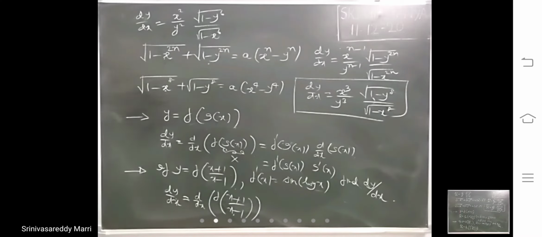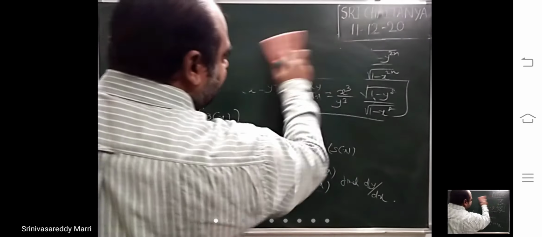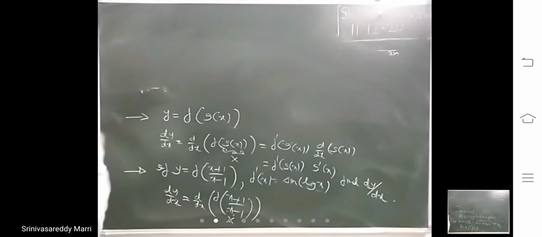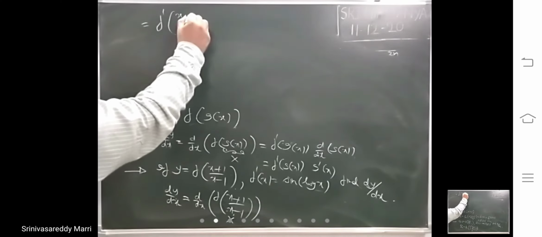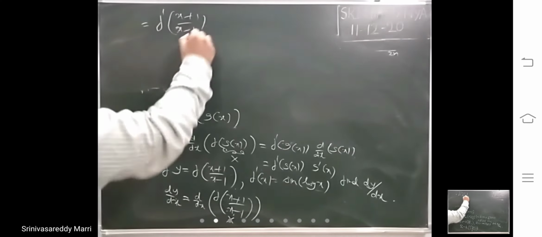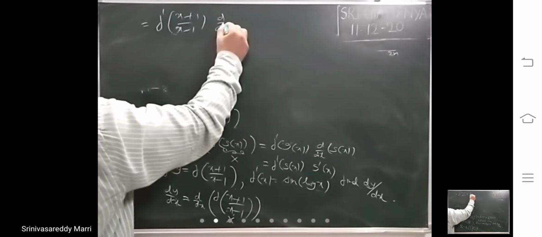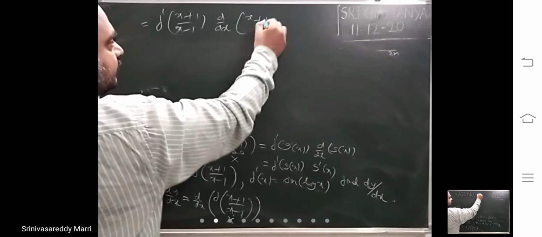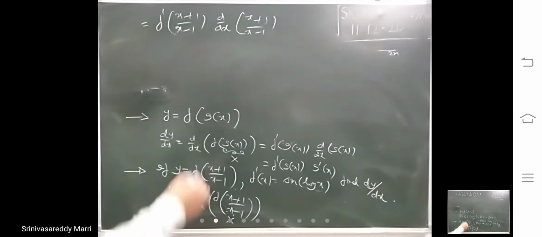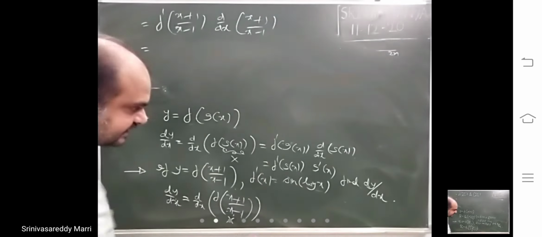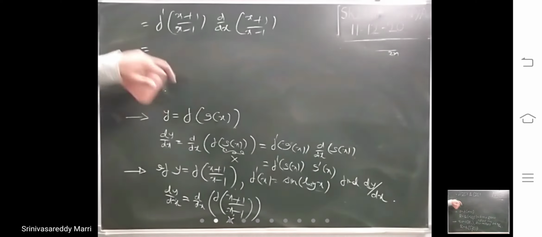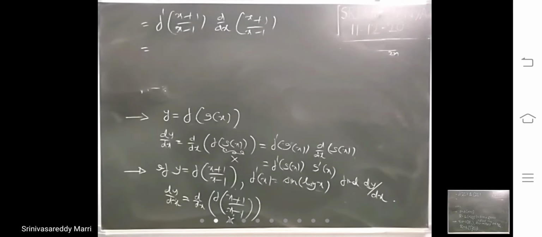Now how will we do this? Inside one you take capital X. So d by dx of f of capital X is nothing but f dash x, you write just f dash x into whatever the capital X has been taken, that we will do. So f dash of (x plus 1) by (x minus 1), f dash is sine of log x, given here. So in place of x you replace (x plus 1) by (x minus 1).